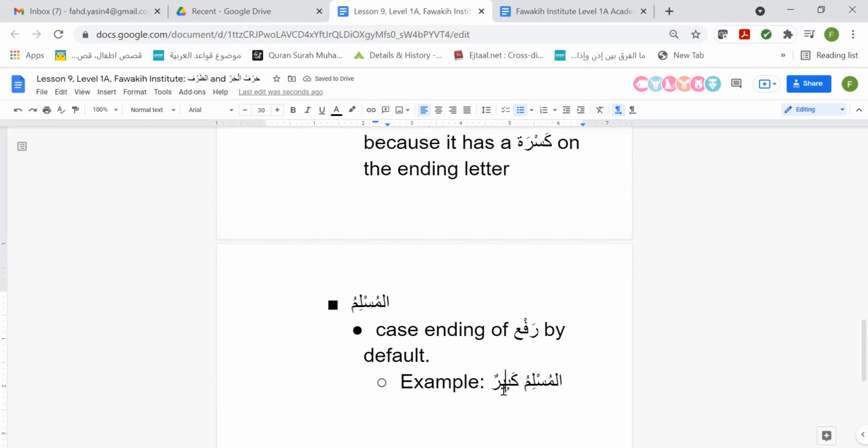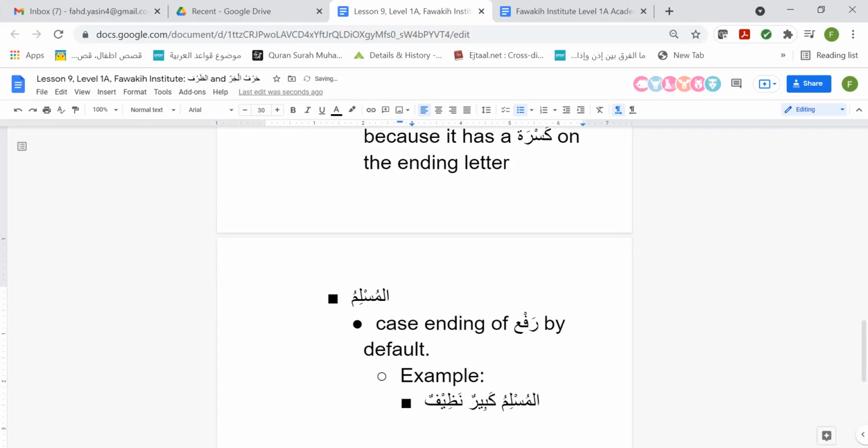But okay, I'm trying to think of an example. Fihi lisanun. Can I say that? Yeah, you could say that, but that might confuse you guys. Okay, I have a better example. Al-Muslimu kabirun nadhifun. Let's go with that. And I know you might not know what that means. That's okay. For the sake of example, I tried to give an easier one here.